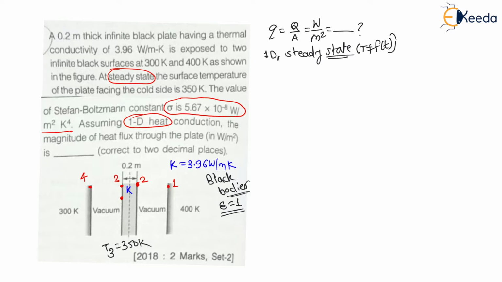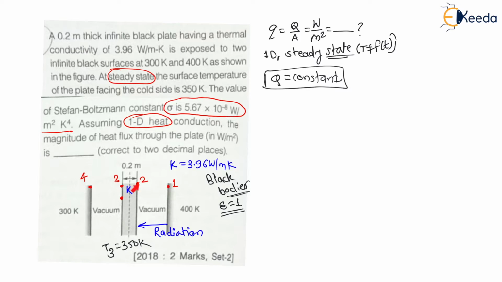And my dear students, for this 1D steady state, the heat transfer rate, that is, let us say Q, heat transfer rate in watt is always constant at each and every location. At every location, heat transfer is always constant, right? Now, my dear students, let us understand the mechanism of heat transfer here. Now, from surface 1 to surface 2, there is perfect vacuum. Therefore, there will be a radiation. In vacuum, there is a radiation. Means between 1 and 2, there will be a heat transfer by radiation.